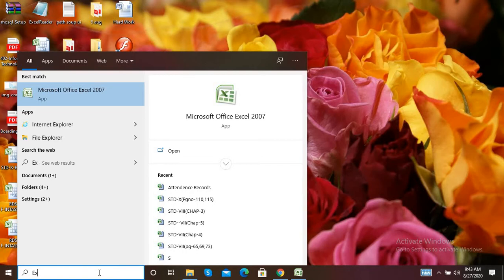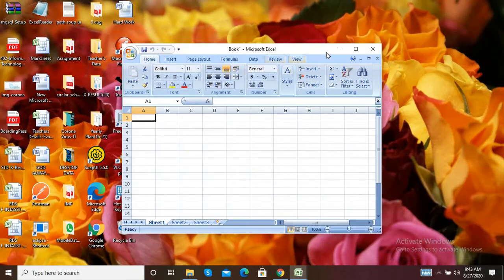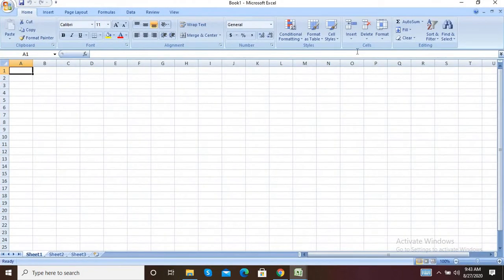So first we see how to open Microsoft Excel. There are different ways to open. First, click on Start, All Programs, Microsoft Office, then Microsoft Excel 2010. Then you can directly type in a search box like this, and you can directly open the Microsoft Excel file. This is another way to open Microsoft Excel.